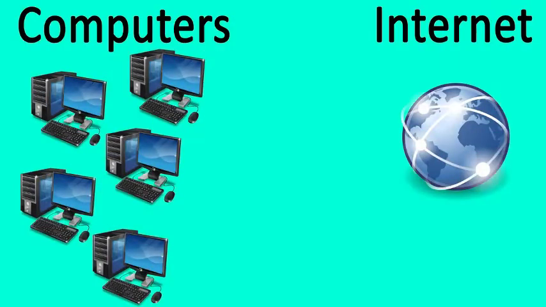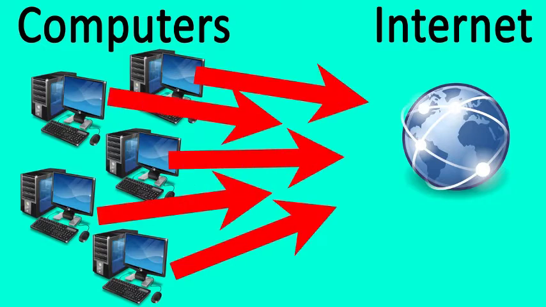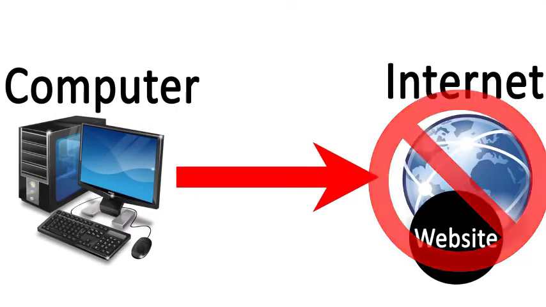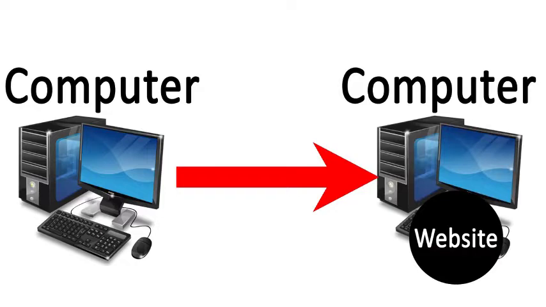A common problem many people have is thinking of the internet like this, as if it's this one thing that all of our computers connect to. Things are either on the internet or on a computer. In reality, the internet looks like this, just a bunch of computers sending and receiving data from each other using the phone lines. The internet itself is really more of a concept than an actual thing. A website, YouTube video, or Facebook page doesn't exist on the internet. They exist on a computer somewhere in the world that is being accessed through the internet.